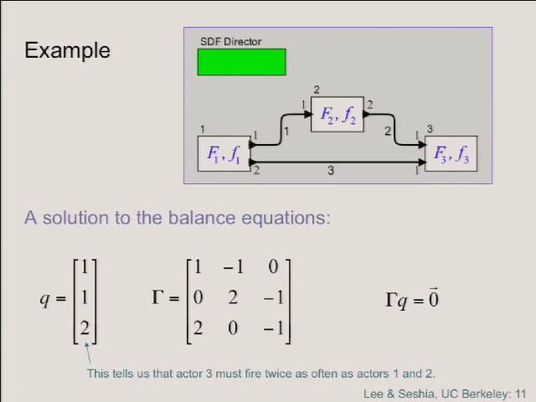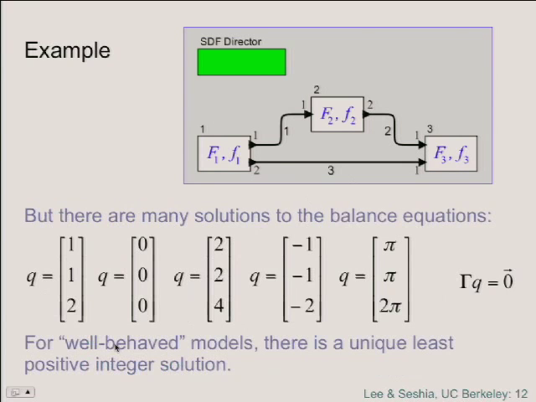But there's lots of other solutions. As I mentioned, the 0 solution. I could also keep the system in balance by firing actor 1 twice, actor 2 twice, actor 3 4 times. I could give a negative solution to the balance equations. I could give a rational or an irrational solution to the balance equations, okay? But pi as a number of firings is not a very useful answer, and a negative number is not a